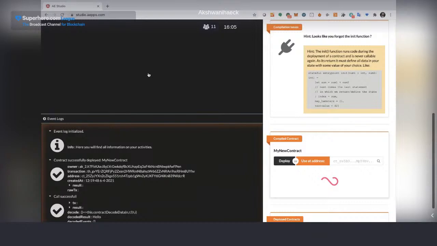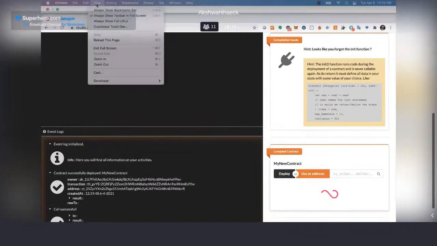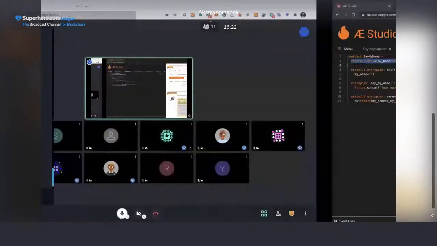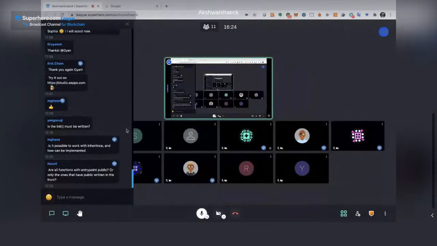And I broke it. This is for you, Nikita. I broke the studio. Let's go to the JavaScript console. So answering, if you have a state of your own, then have your init function to initialize the values of your state.